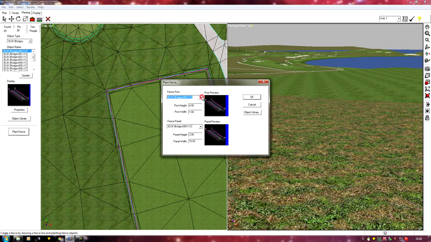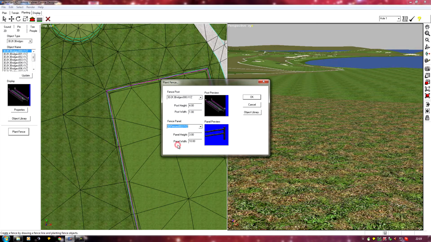And we then have to select a fence post and a fence panel. Well, almost all of the fences, in fact I think all of them, have the posts with the panels anyway. So selecting fence post is a bit of a waste of time. It does add another effect by adding a post as well, but most of the posts don't really go with the fences in the APCD anyway, so I tend not to use the posts. So for now I'm just going to set that to 0. In fact, I'll leave it until I've selected my panel because I think the numbers will default back as soon as I pick a new